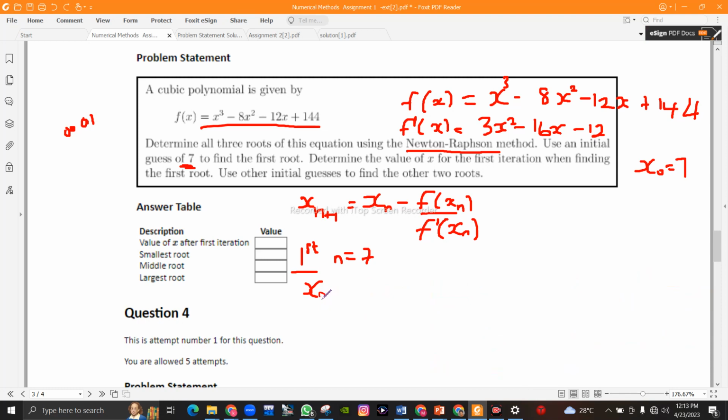x9 is equal to x8 minus f of x8 divided by f prime of x8. What's our x8? Our x8 is